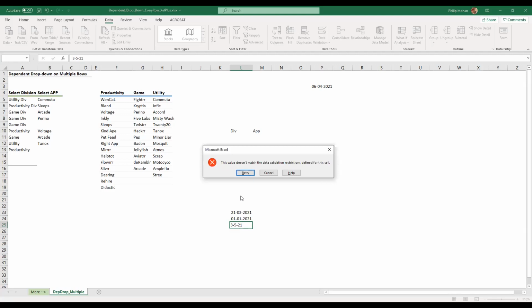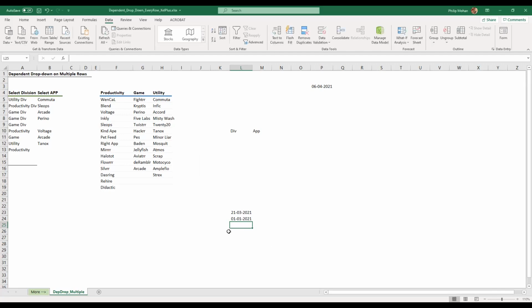Okay, see, it will not accept because it is beyond today. Right? On 3rd of May, you will be able to enter 3rd of May. And on 4th of May also, you will be able to enter 3rd of May, but not before 3rd of May, because 3rd of May is not today as per the system defined date. Is that clear? Now that's date validation, which is useful.